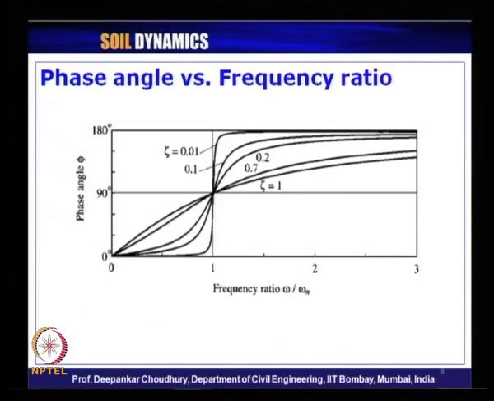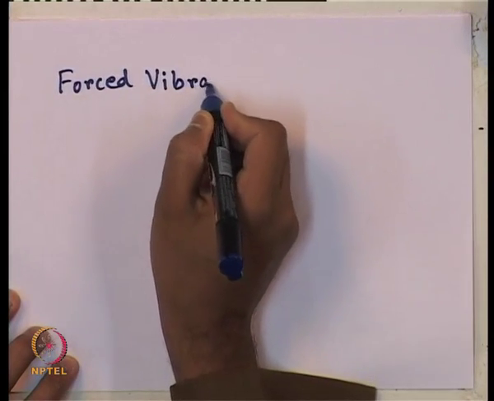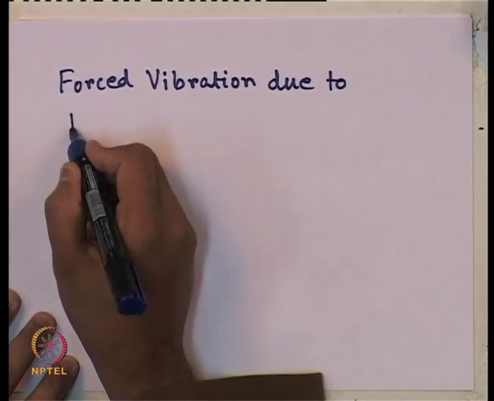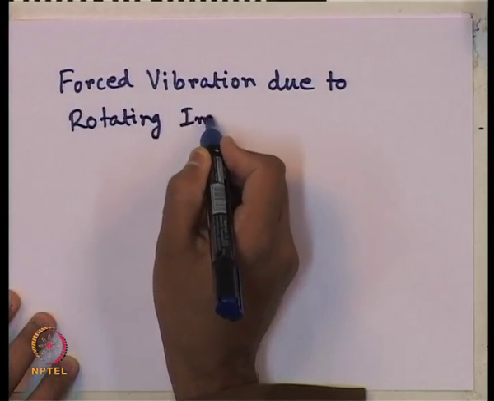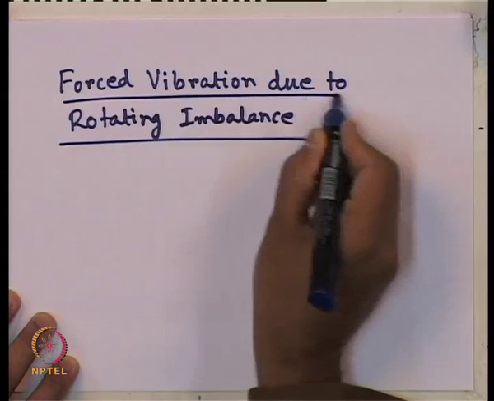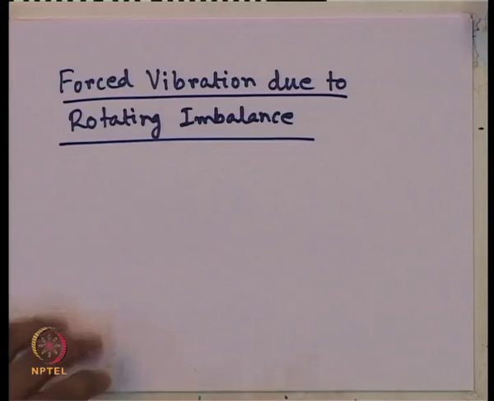Okay. Now, let us come to the next subtopic, the forced vibration due to imbalance of mass. Let us look at the sheet now. So, forced vibration due to rotating imbalance. So, what does it mean? Let us draw a picture,